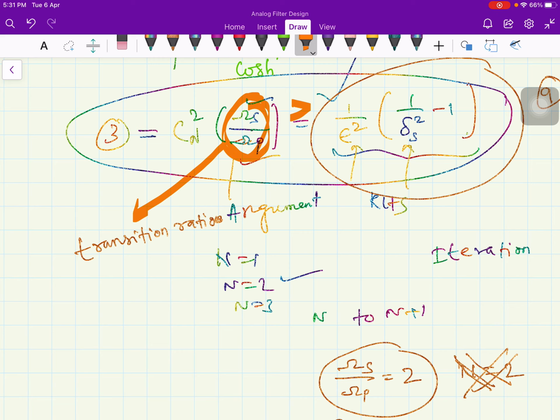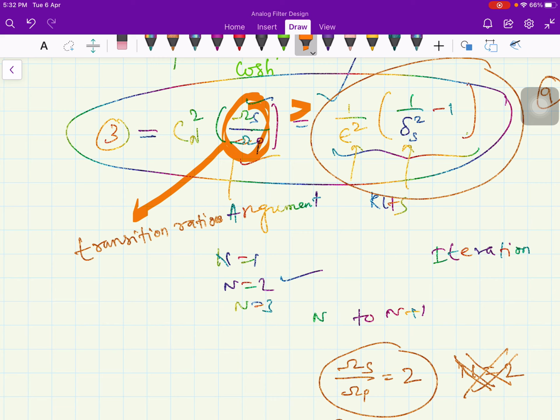If it is exactly satisfied, then in all probability the hardware construction will conspire so that it is not satisfied. So even if exactly satisfied, you increment it by 1 to be on the safe side, because you are not doing any harm. You are only increasing the cost incrementally. If the filter had cost you rupees 100, maybe another 10 rupees will be added to it. So it is not a problem.